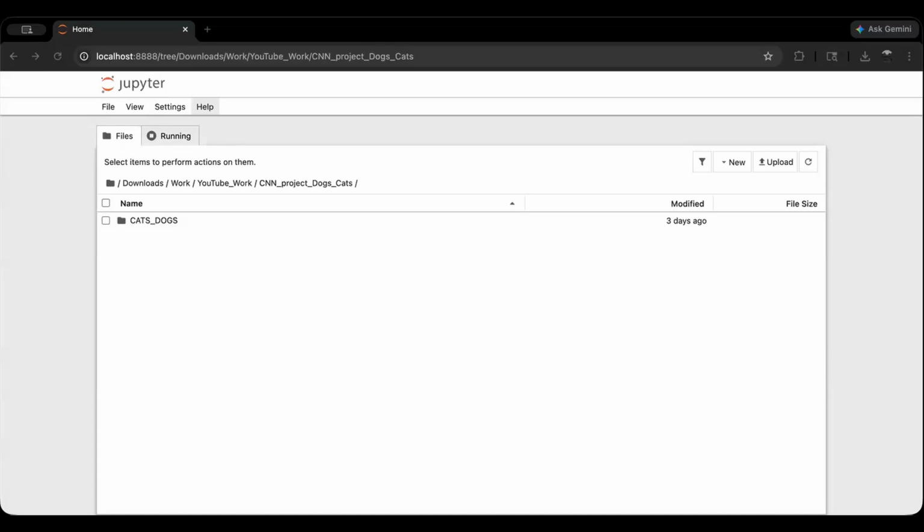Now, let us jump to our Jupyter notebook here. I have already created this folder in one of my drives, and here you can see that I have created this CNN project dogs cats folder, and under that, we have this folder that is cats_dogs. This is the data that I will be using, and it is available to you in the description below. You can get it from there. It is a zip file, so you'll have to unzip it